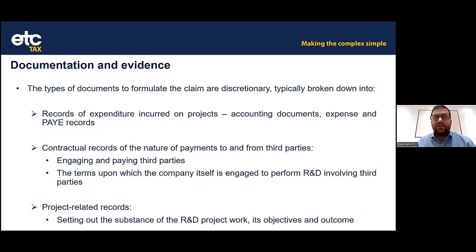So if work's being subcontracted to another entity, there are no formal agreements in place in respect of that. So it's always good and beneficial to have a written agreement in place which clearly sets out the role of the subcontracted entity. And if we can go to the nth degree in terms of making sure that the description of